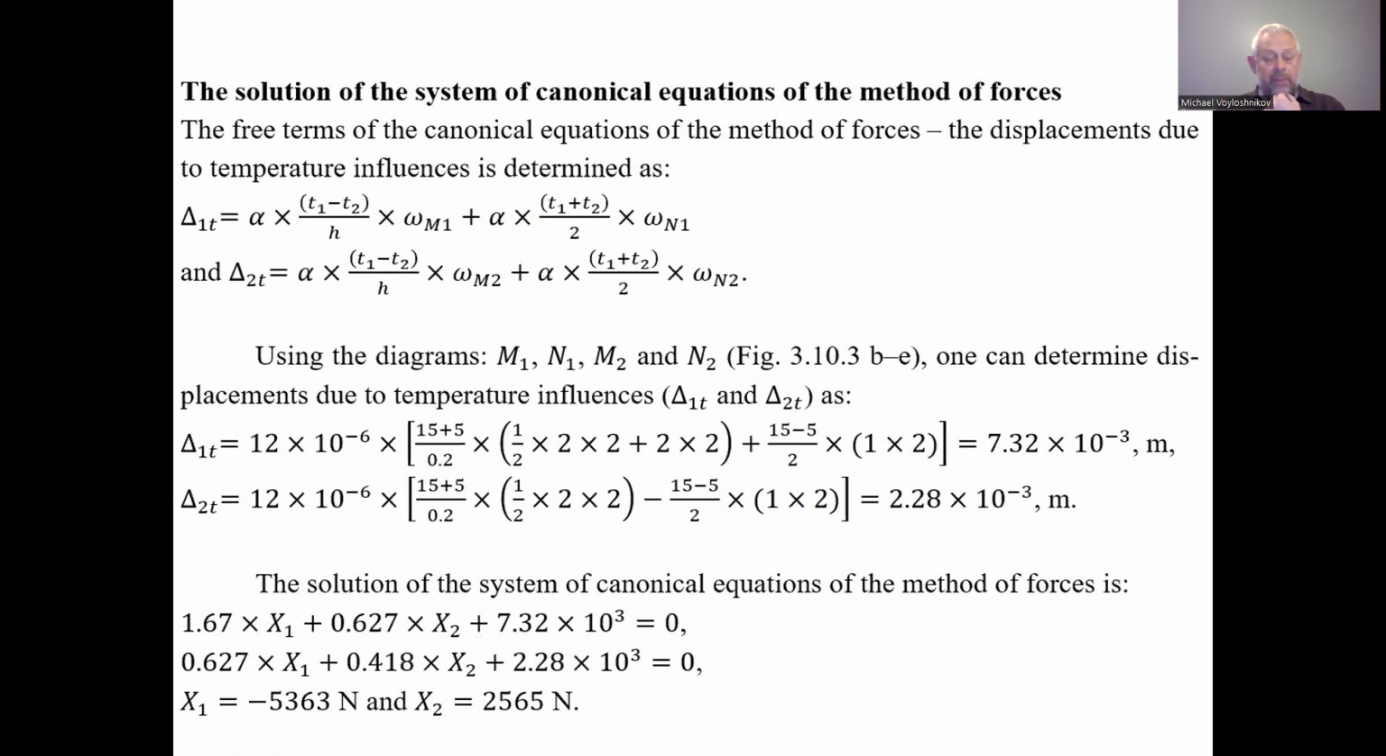So we have the first factor in the equation as the coefficient of linear temperature expansion of the material of the frame, multiplied by square brackets, and in the brackets we have the difference of temperatures. We remember the difference of temperatures outside and inside divided by the height of the beam in the mechanical system. As the second temperature is negative, we have the plus sign here, and this is the area of the